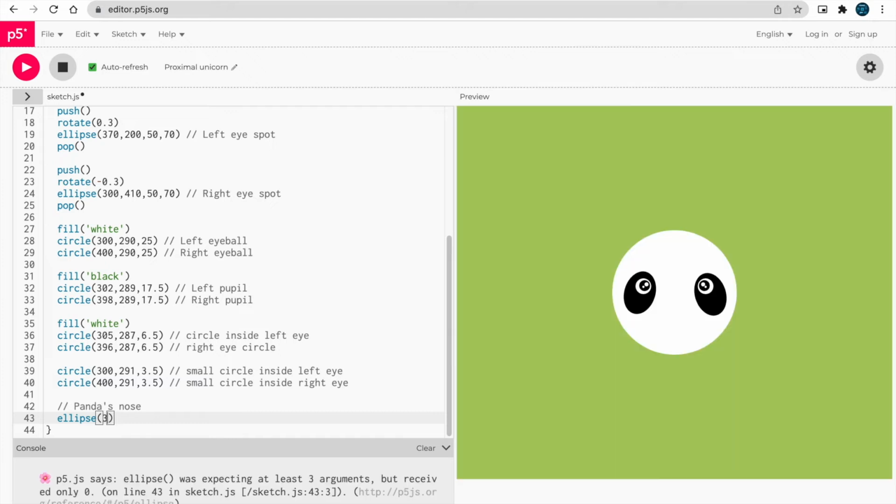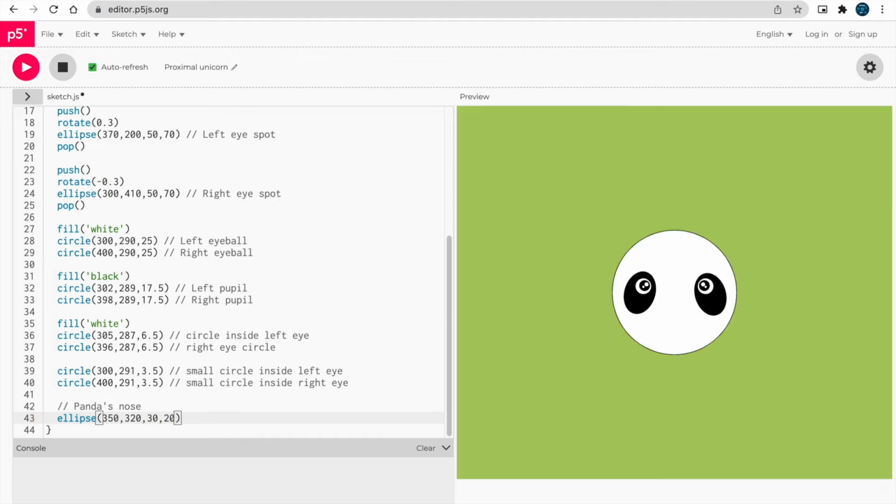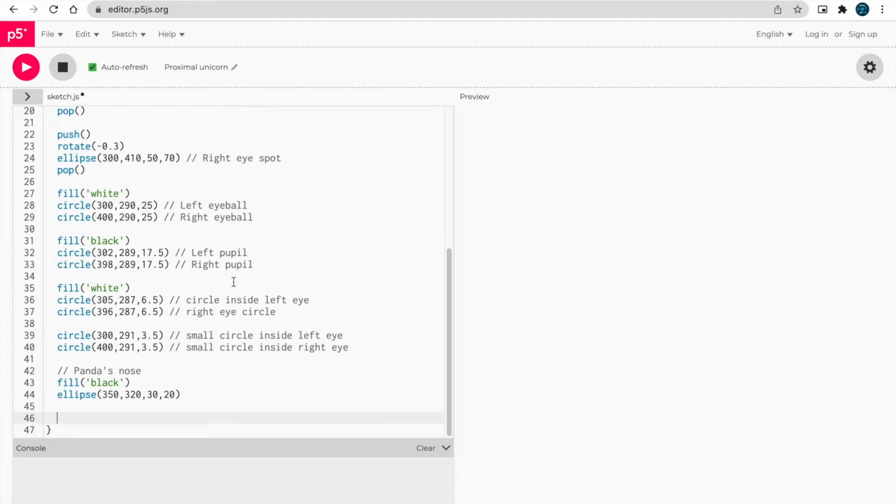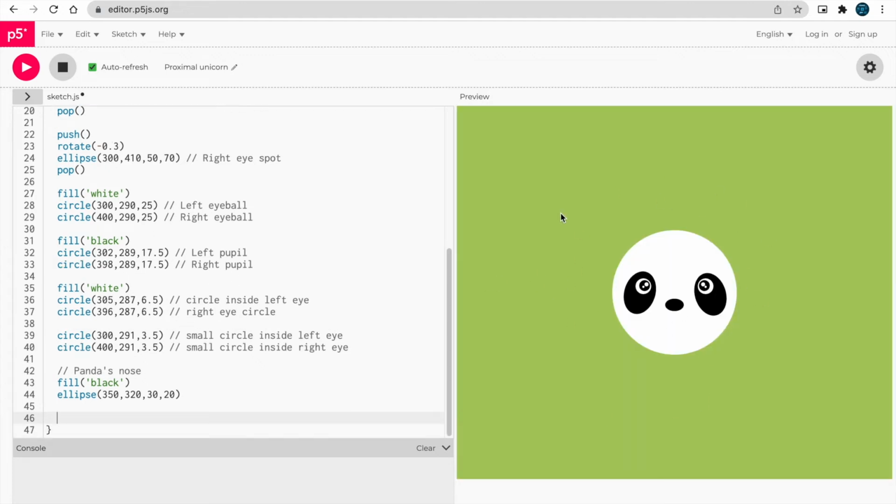Ellipse is a circle but has a little bit more control, so we can set width and height differently in the ellipse, and of course it will be black. It must be black so we can see it. Now we have the nose of the panda, but it doesn't look like a panda yet.